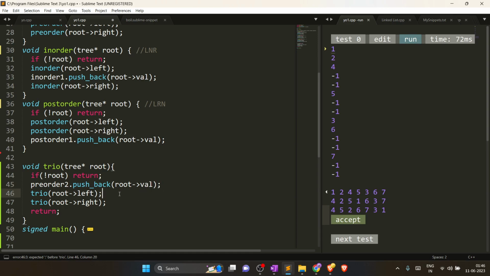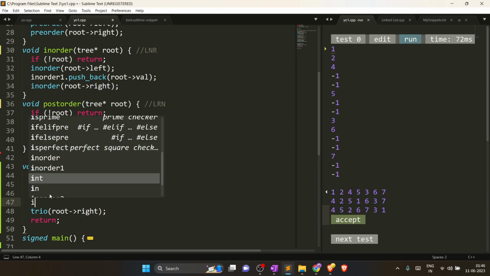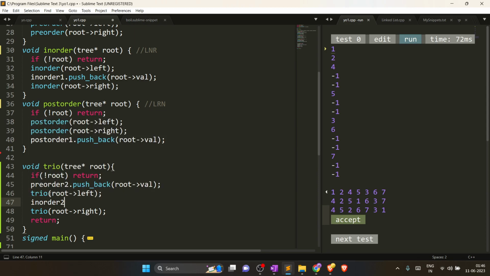And in-order, what we were doing is first calling the function for its left, and then after the whole process on the left subtree, we were adding the root value to our vector. So like in-order, we will do this here. We will just add the root value